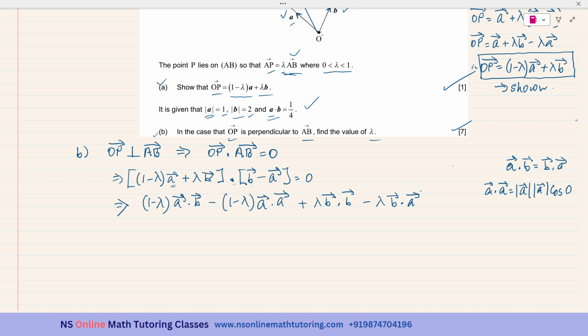So the angle between the two same vectors will be equal to 0 and cos 0 equal to 1. So A dot A will be equal to this. Similarly, B dot B will be equal to,